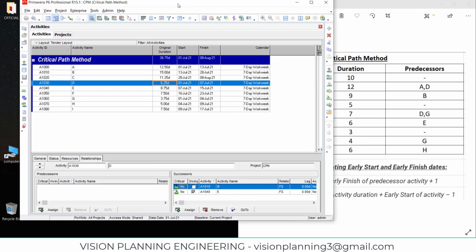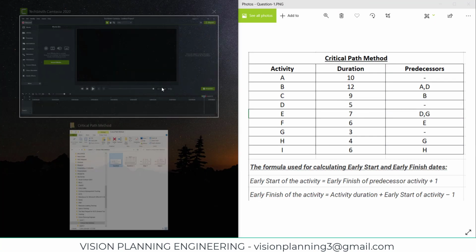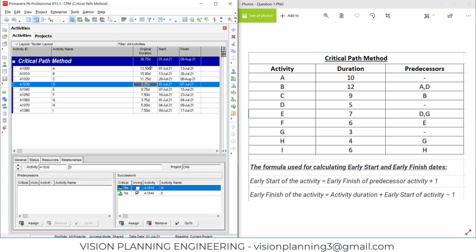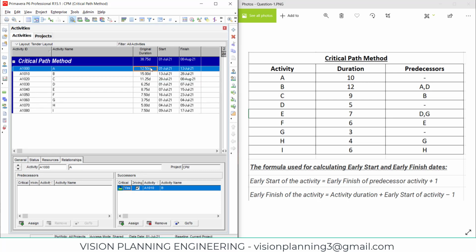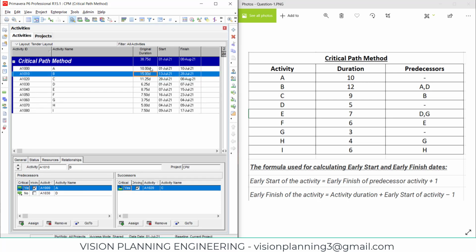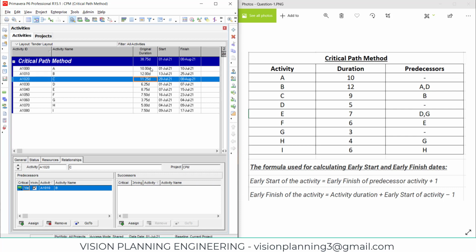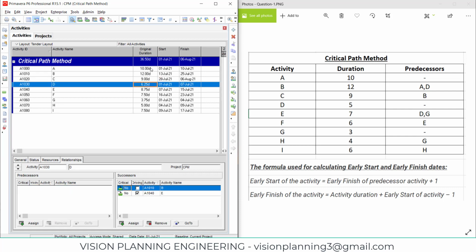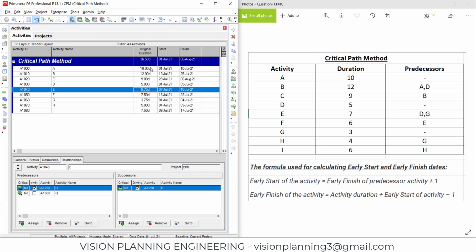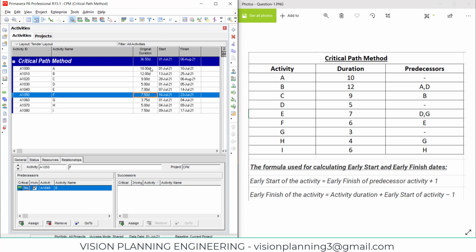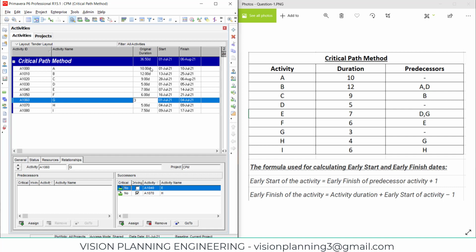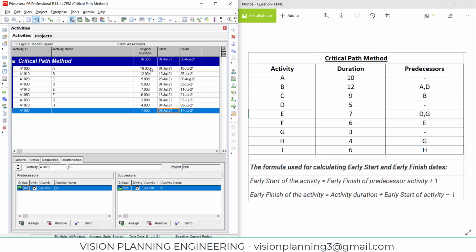So let's adjust the duration again. To adjust it, again I will give the durations as 10, 12, 9, 5, 7, 6, 3, 4 and 6.